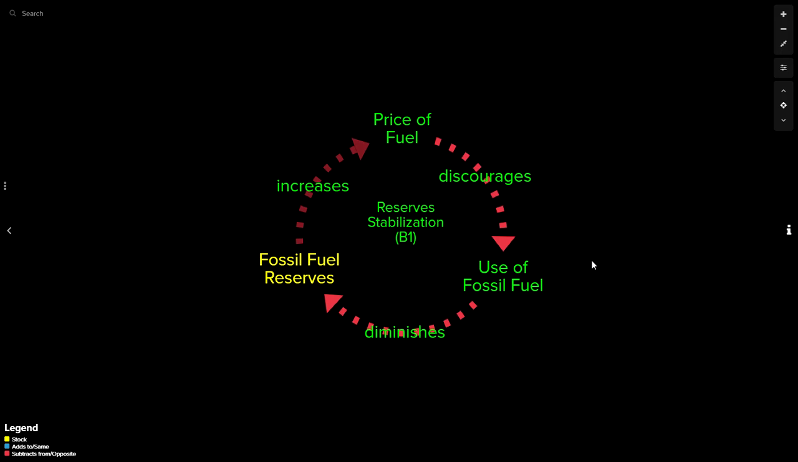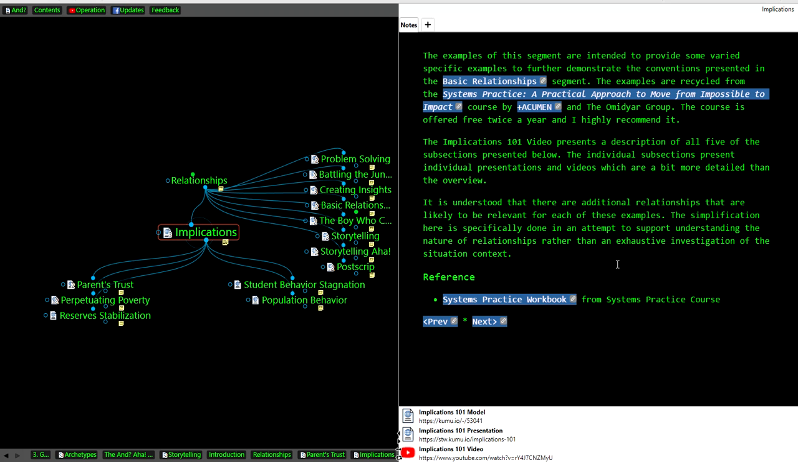So, as I said, this is simply an example to point out the nature of a set of relationships, whereas in any specific real situation, there would be far more relationships that would come into play that one would have to consider. Now, this reserve stabilization is an element of the connected set of content,